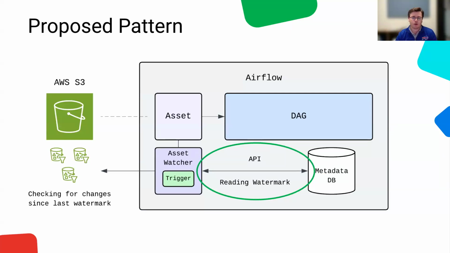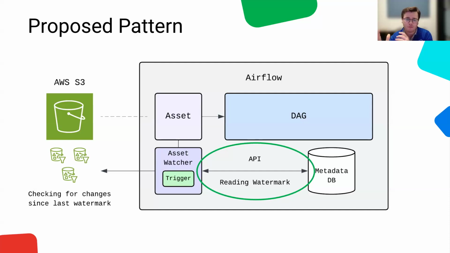So here's the proposed architecture that we're thinking about with this AIP. And again, S3 is the example that I really like to use just because of how widespread it is across the community. And also you can substitute, if you're an Azure user, Azure Storage Blob, or if you're GCP, it's GCS, whatever object store that you might like. But the workflow is a little bit different here.